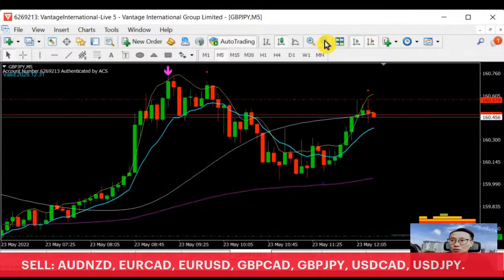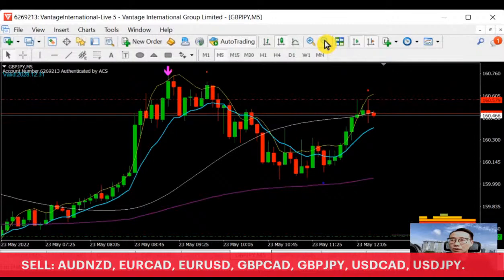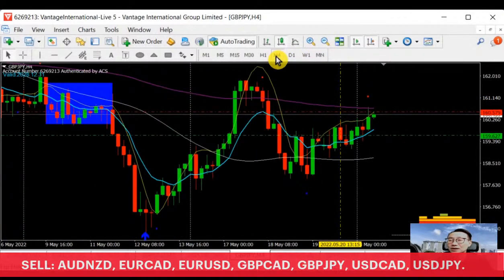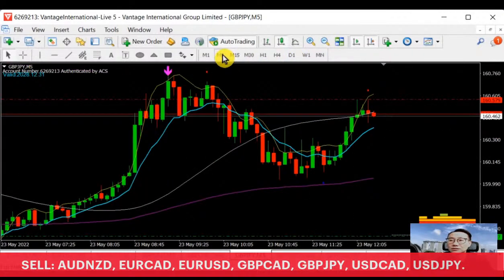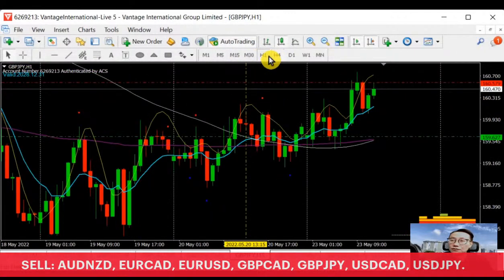Okay, so this is what I meant. This is something that we have to take note of, so that we will be able to trade it better. Okay, so this 4 hours, maybe the next hour it may come with another new selling green red signal, then that will be a better one.